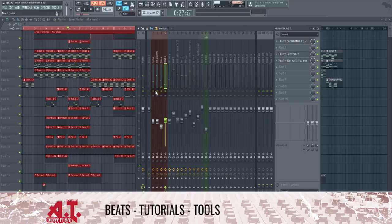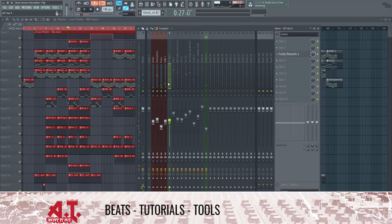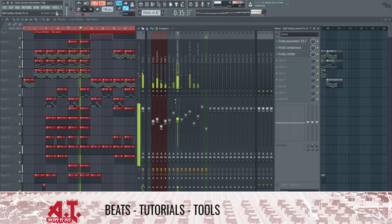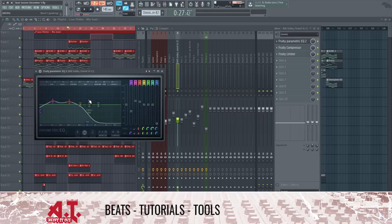So when we listen with all the sounds, it sounds pretty good, and they're pretty leveled and they're pretty low, and we can see exactly where it's hitting. When they're all combined, we can look in the master. So when we added in that 808, this is the subby tuned 808 from the Beat It AT Drum Kit 3.0. Here's the mixer,